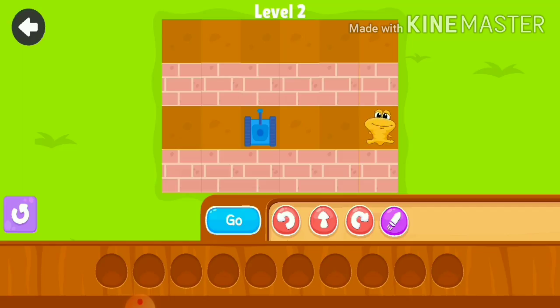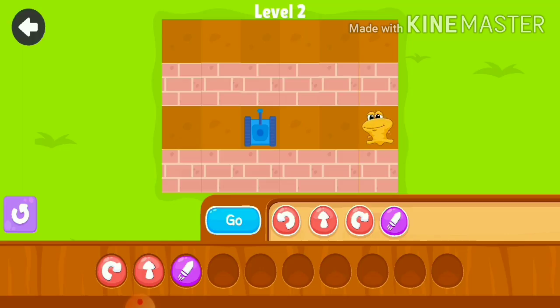If we choose the anti-clockwise turn, we need to use this block 3 times, but if we choose the clockwise turn, we need to take only 1 turn. So I'm just tapping on the clockwise turn arrow. After using this block, the tiny tank will turn towards the character. Then after turning, we need to move the tiny tank, and then we need to shoot the character.